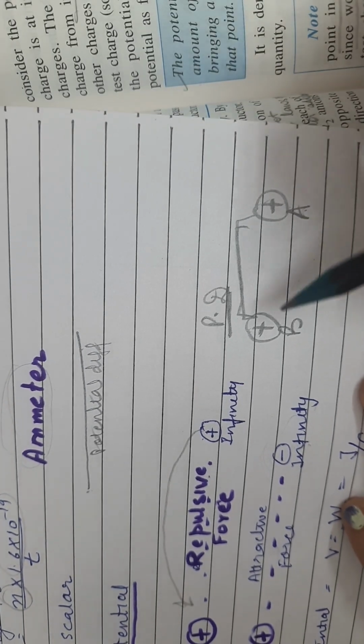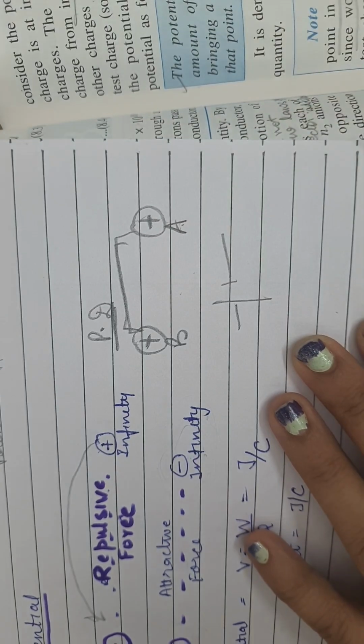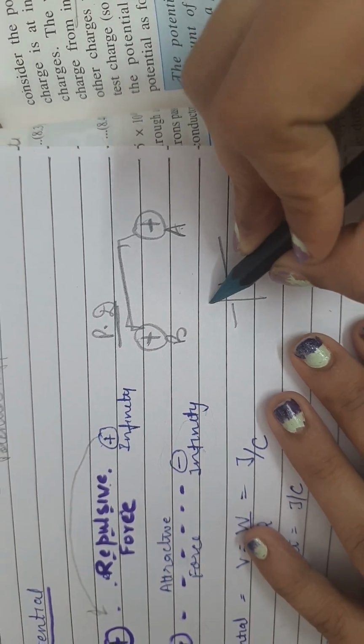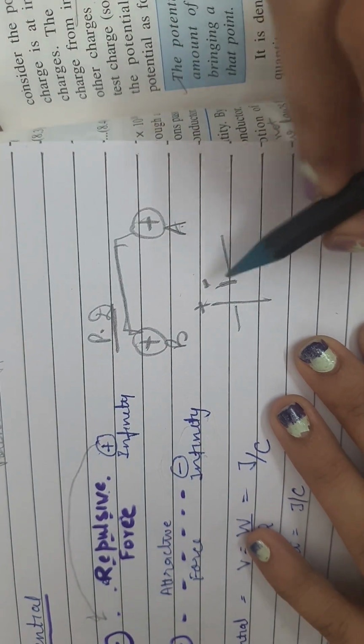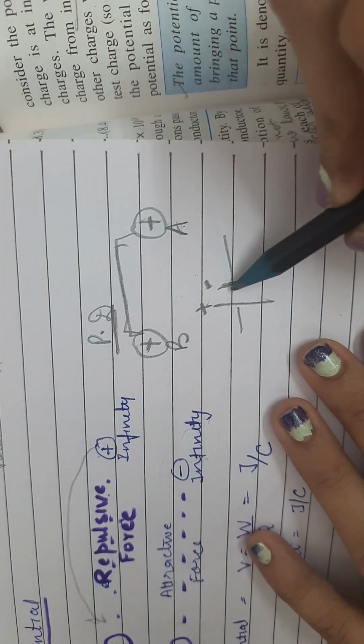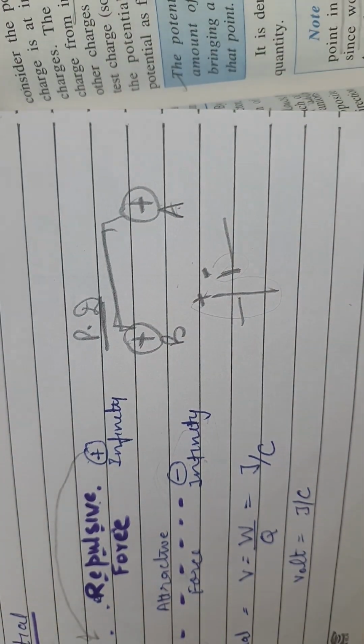It's just like the terminals of a battery or a cell: the longer one is positive and the shorter one is negative. If you want to bring a charge from this terminal to that terminal, we will say it is a